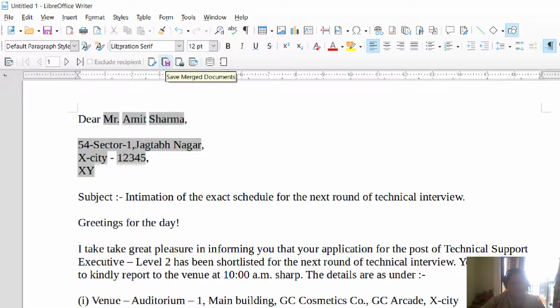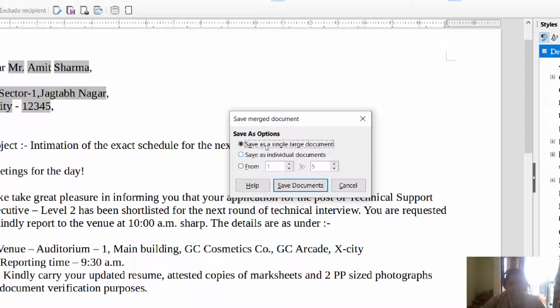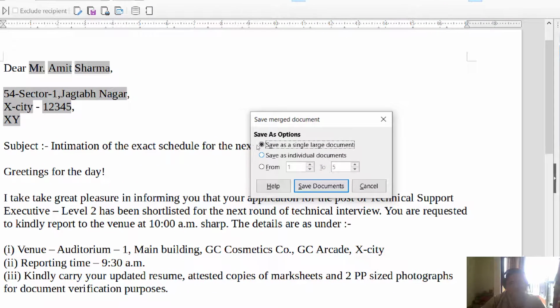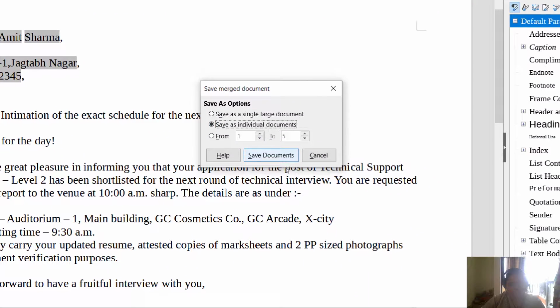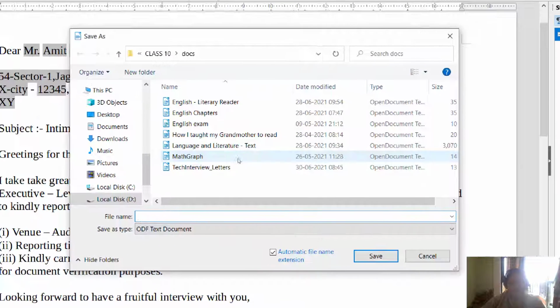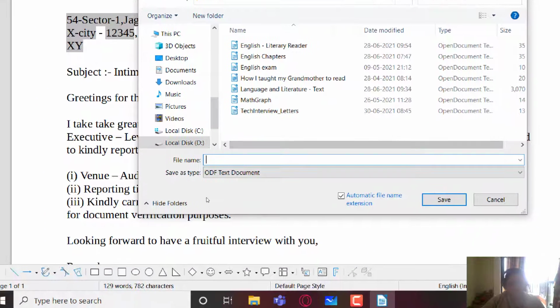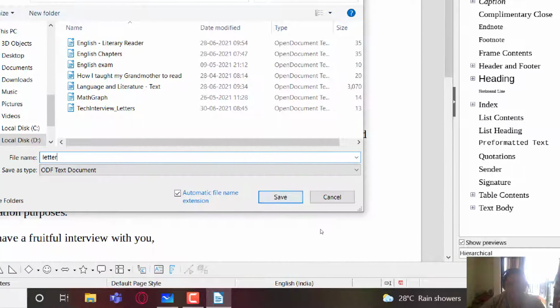And now again I'm going to go to save merge documents, and let us try saving them as individual documents. So I'm going to click on save as individual documents, save documents, and it is going to ask me where to save it. So I can give it the name letter and click on save.